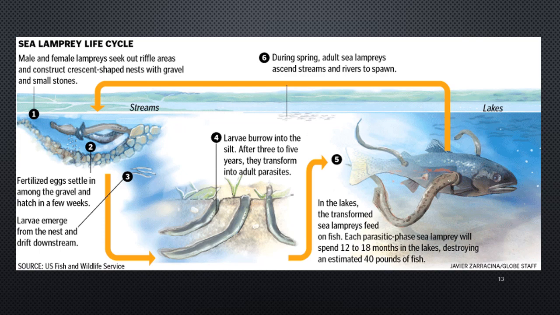And once they have attracted a female to their bed, they basically spray sperm, and then the females spray their eggs. Once fertilization occurs, the small larvae emerge, and then they begin to burrow into the ground, and they are filter feeders at that point. And then at some point in their lives, once they reach a kind of adolescent stage, they will swim back downstream and out into the lakes or to the ocean, and then as the adult version, they will start